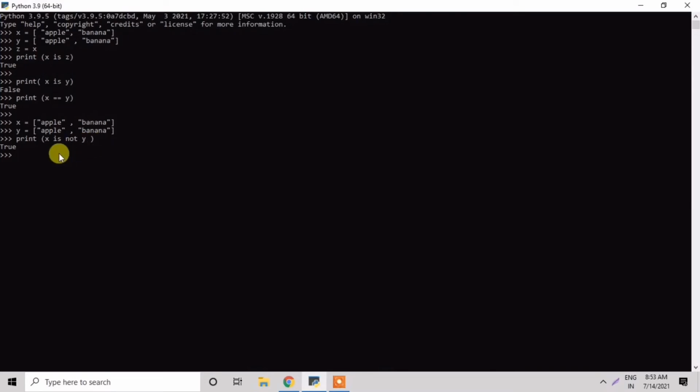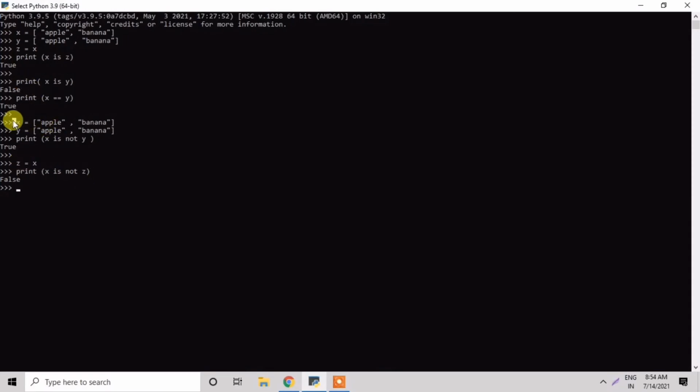Next I am taking another variable, z is equal to x. So I am putting the x location into z. Now I'll print if x is not z, then the answer is false, because it is the same and the memory location is the same.